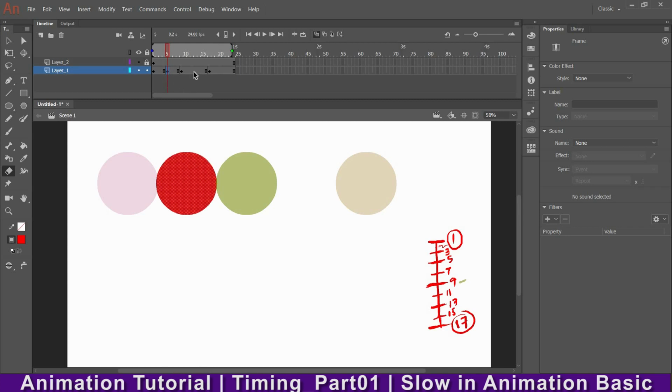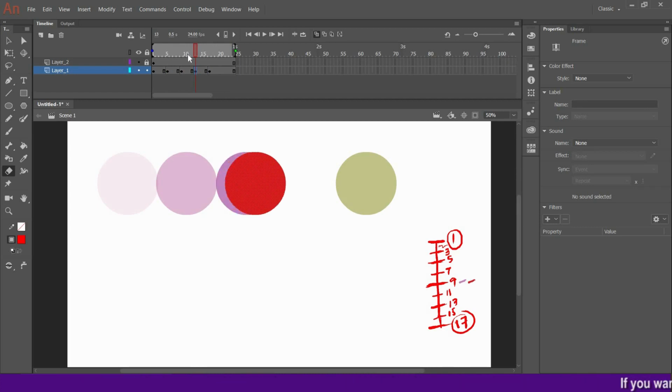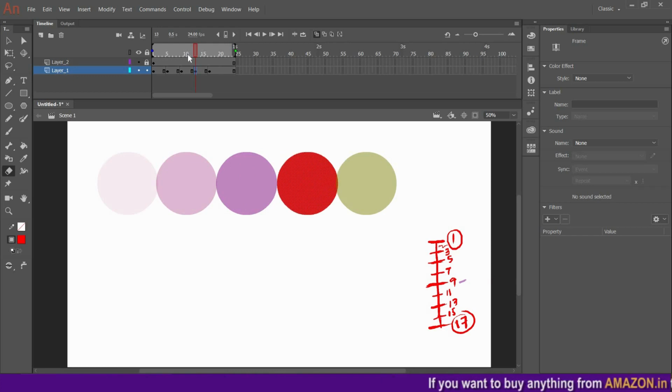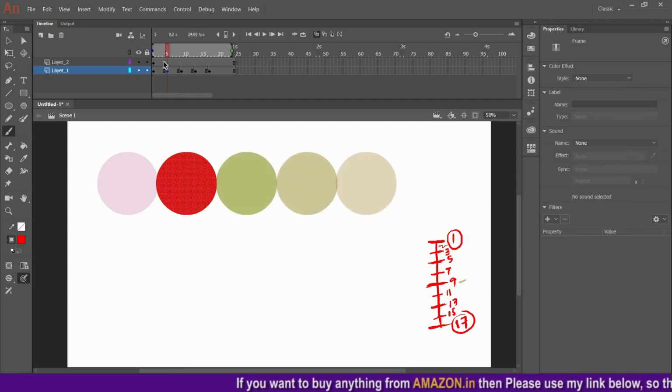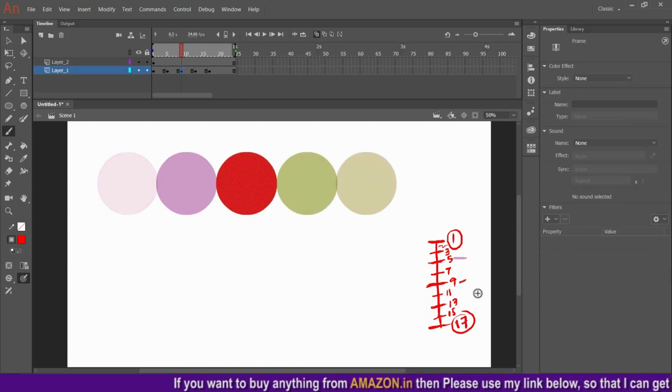Then we'll go for this 9 and 17, that will be 13. Place another one, F6, then I'll shift this object in between 9 and 17. Not exactly, but roughly you can place it. So right now we have number 1, then number 5, then number 9.